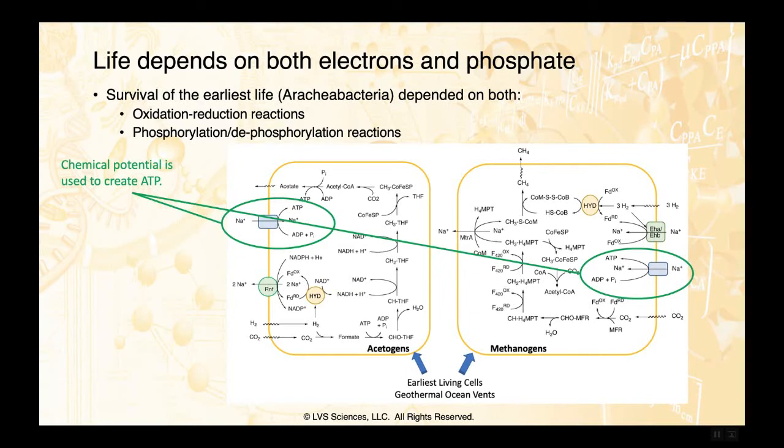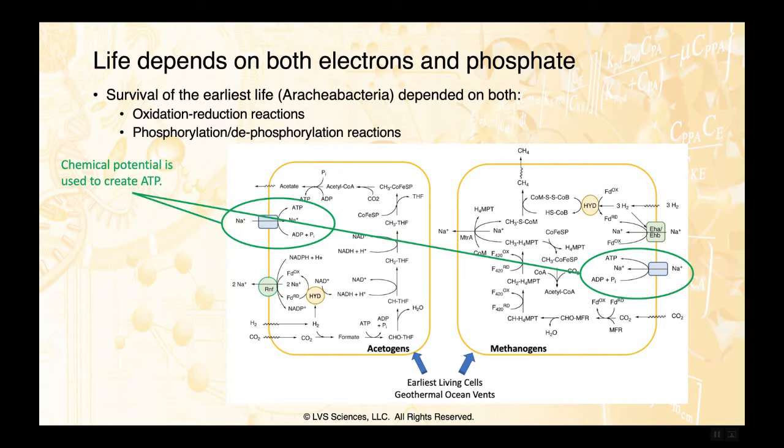have followed what was happening, because you can imagine at the ocean vents there were a lot of pH gradients. The pH inside the cell could have been different than the pH outside the cell, or the sodium content inside the cell may have been different from the sodium content outside the cell. So initially, life could have existed just based on these chemical potentials across the cell membrane. And then it could have added a lot of other biochemistry along the way,